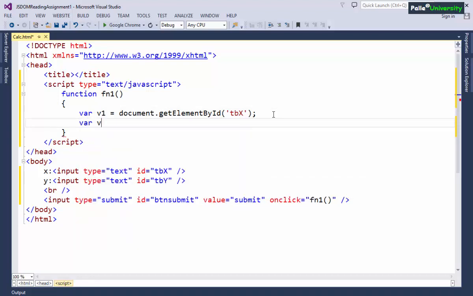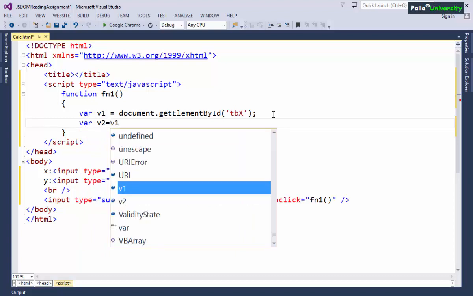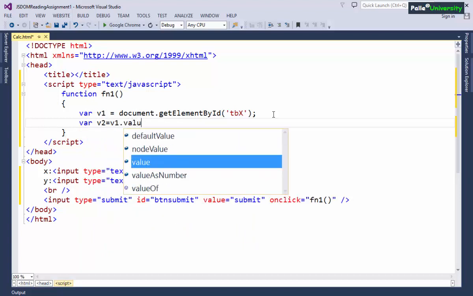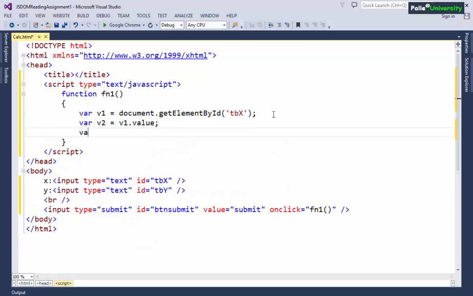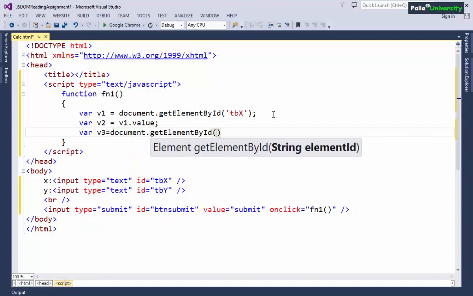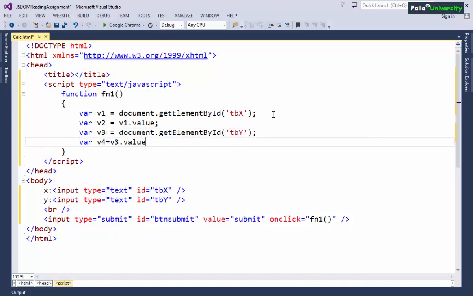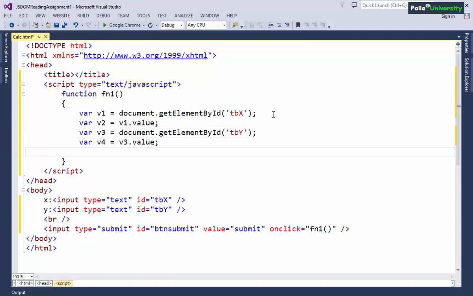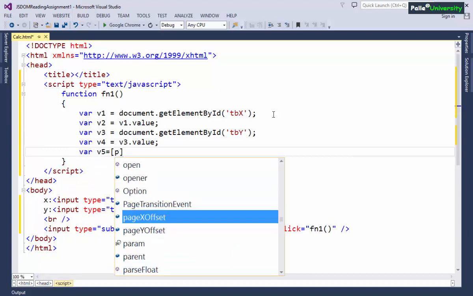After this, I must write var v2 is equal to v1.value, similarly var v3 is equal to document.getElementById, next tby, next var v4 is equal to v3.value, and after this var v5 is equal to parseInt.